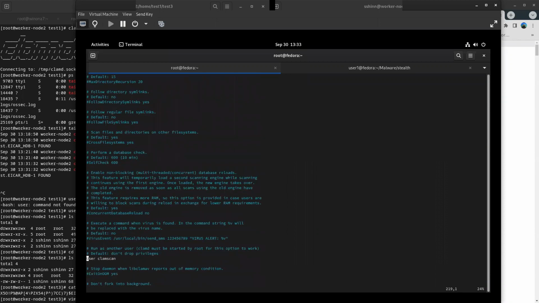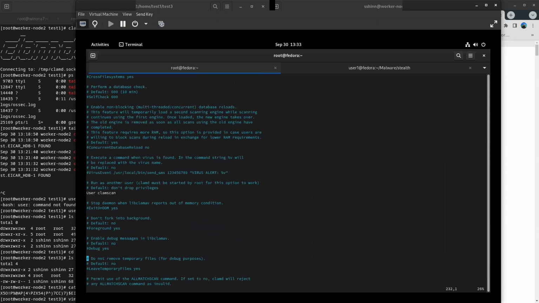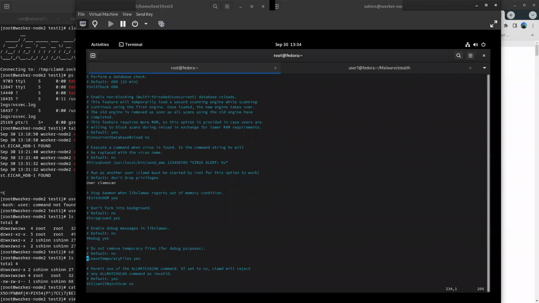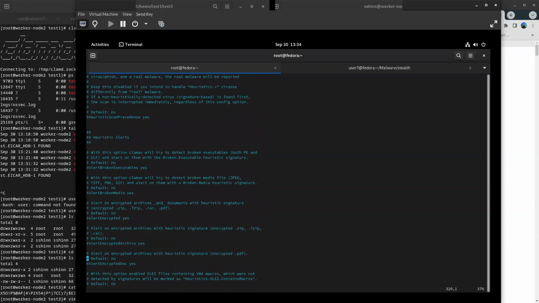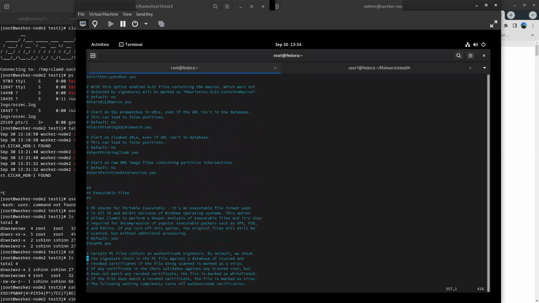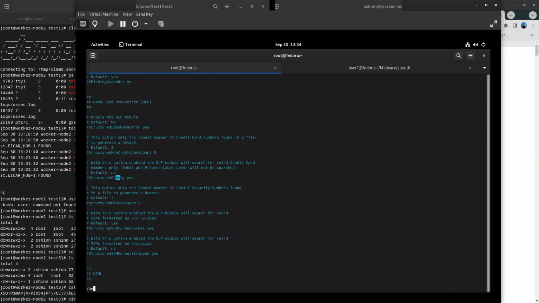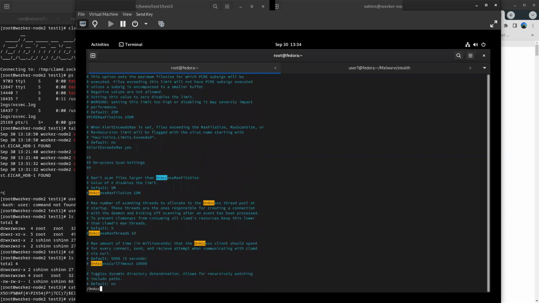Maybe if you're interested, there are signatures in this that are specific to detecting PII, right? Personally identifiable information, and PAN, personal account number information. So Clam has native ability to detect things like social security numbers and credit cards, and you can turn that on and off and all kinds of crazy stuff. We're going to look specifically at the on-demand stuff that I'm going into here, which is called on access, and what the settings are we can do in here.